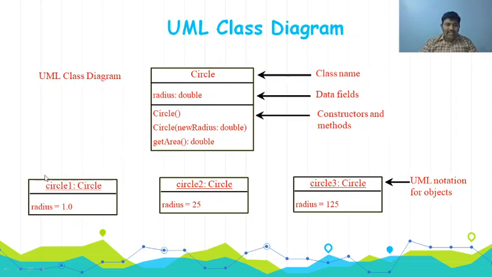So here it is showing the Circle class I have created. For the Circle class, the object circle1 is created. Between the object name and class name, we show a colon. The colon separates the object name and the class name. Again here, objects are present like this: a Circle class object circle2, and the specific data I have, radius equal to 1.0. This is the representation for the object. Classes are represented like this, and objects are represented like this. In objects also we use a rectangle, but the first portion is given for the object name colon class name. This is how we can represent objects and classes.